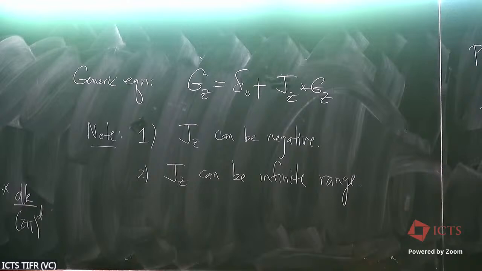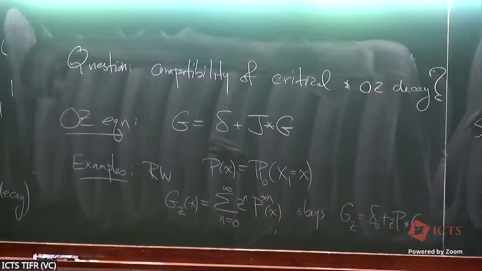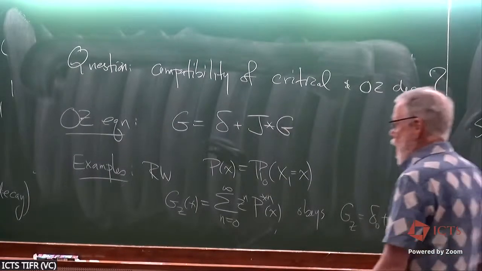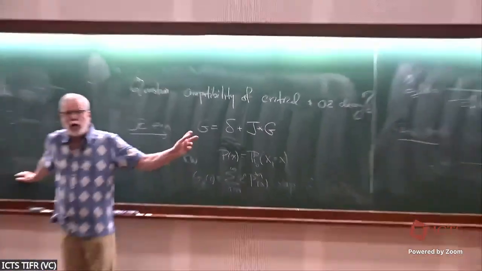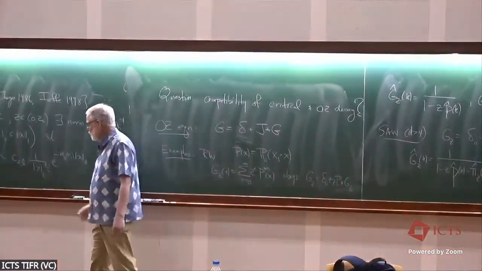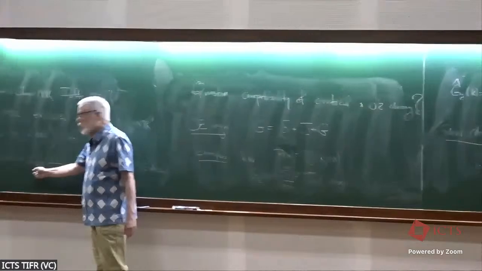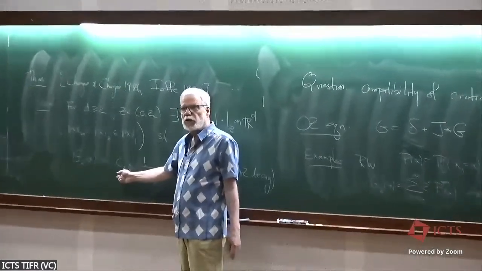Okay, so I'll stop here, and tomorrow morning I'm going to prove a theorem like this in the generic situation that tells you what this G is doing as z approaches that critical value.